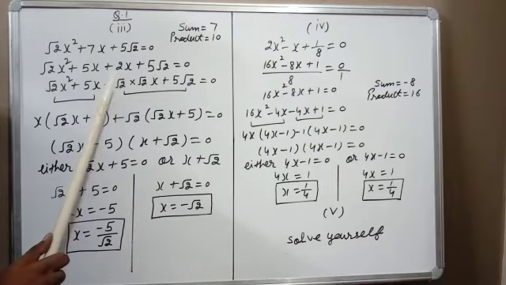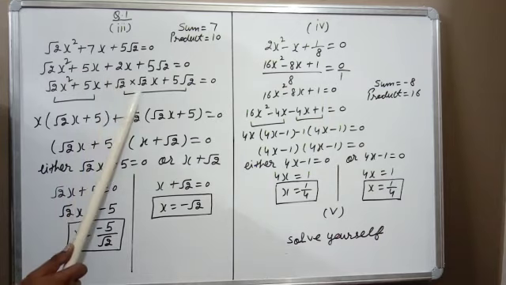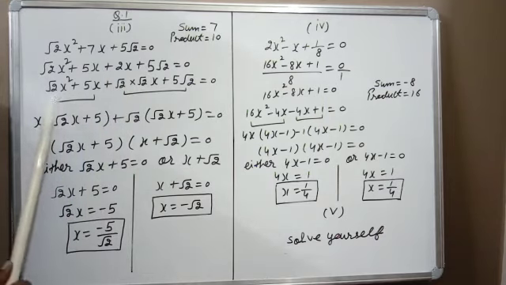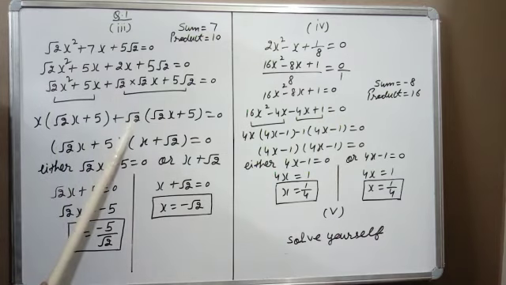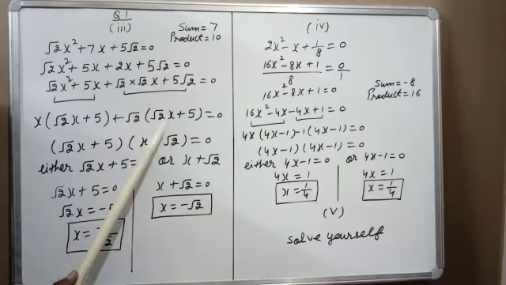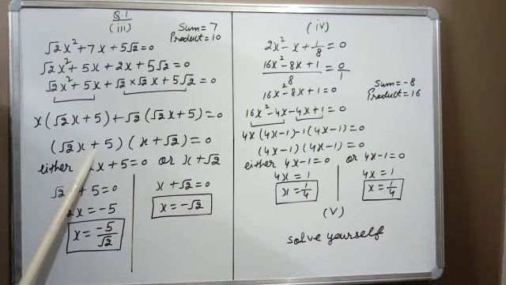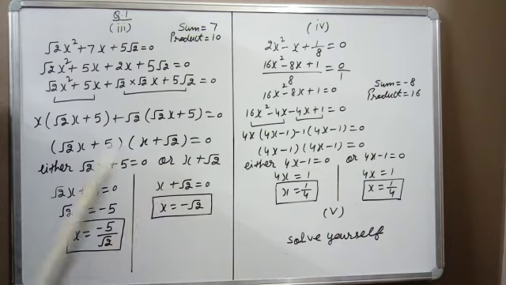So one extra step we have to write here. These two values as it is, 2 I can write as root 2 into root 2. So now I take common x here, root 2x, and here is plus 5. Then out of these two I can take root 2 common. So from here root 2x, from here 5. Both brackets are the same, so one bracket I can take common. Then here is x and here is plus 2. So one by one I will put these two equal to 0.